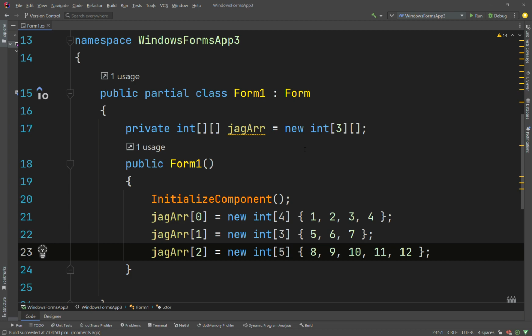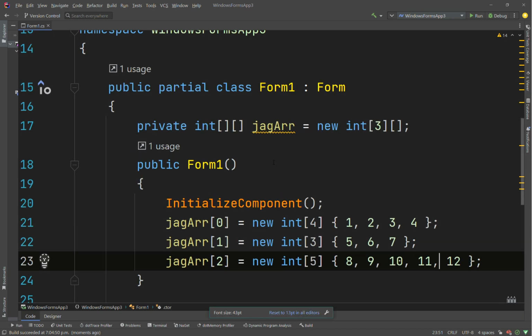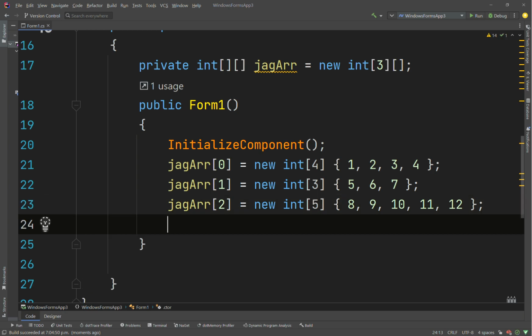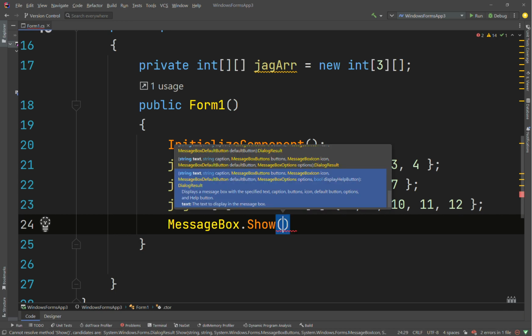Alright, so that's pretty much it. To access an element in a jagged array, we could say, for example, message box dot show. Then we want to show jag